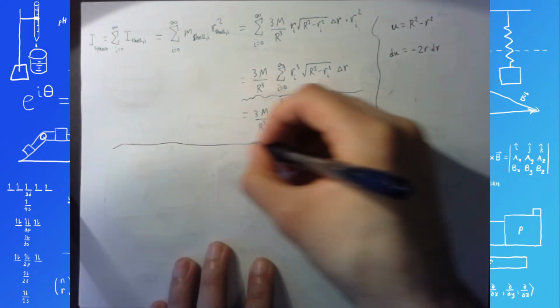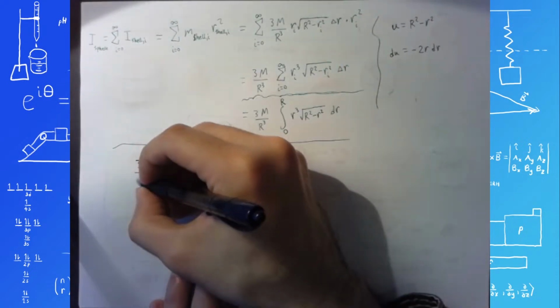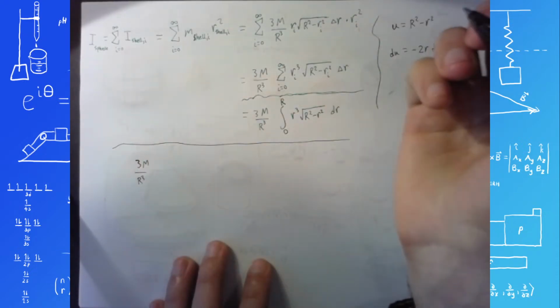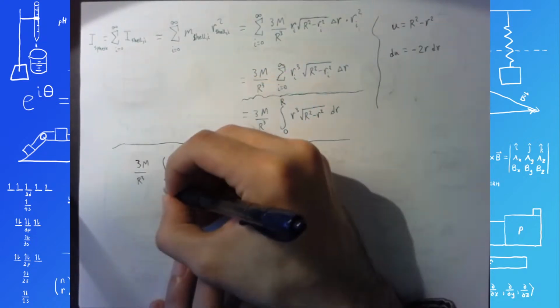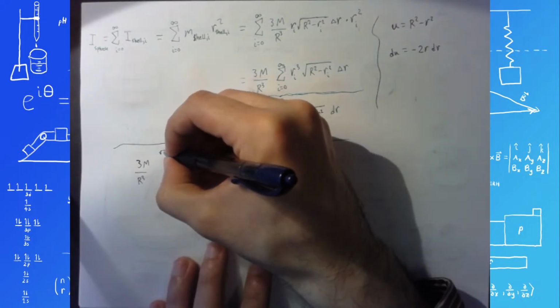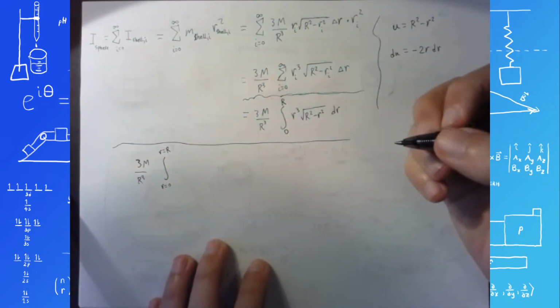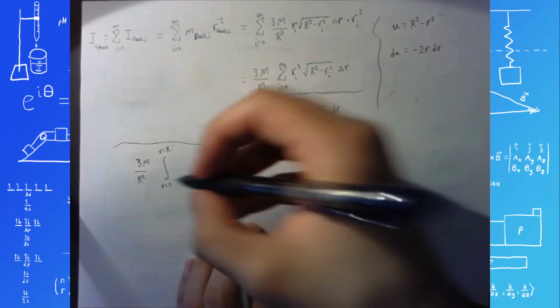So I get 3m over big R cubed integral from r equals 0 to r equals big R. Very important to write that now because we're switching variables. And then I get,